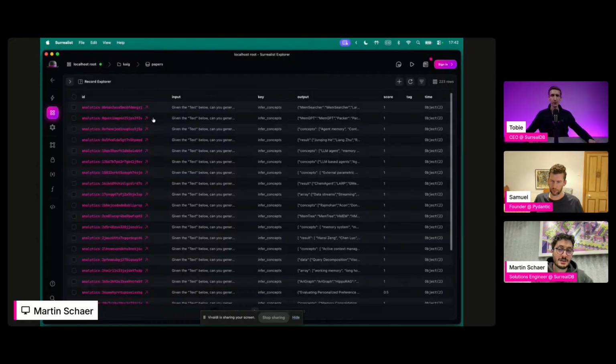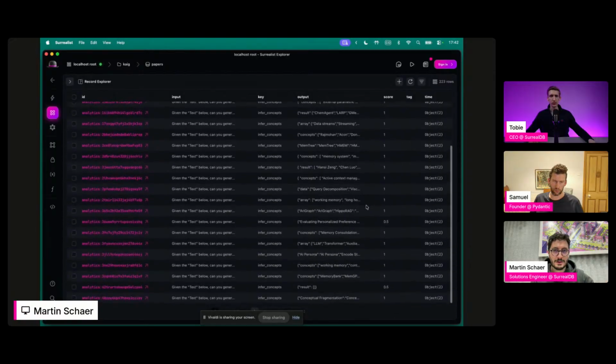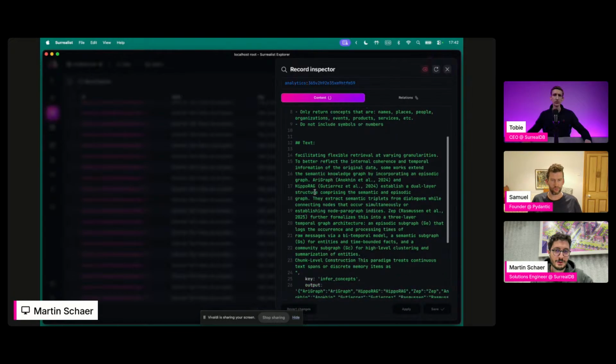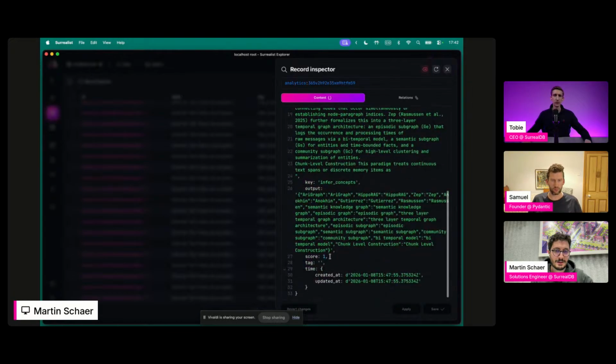Yeah. Another thing I actually tried at the beginning of working on this demo was to use SurrealDB to store some analytics. So I was trying to score my LLM calls, with a very simple 0, 1, or 0.5, depending on some parameters I was setting. And I was storing the input to the LLM call and the output and giving a score.